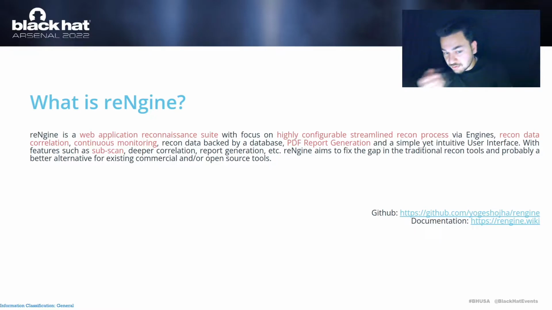And now over time, as we developed, we have brought in things like deeper correlations. We can tell you the similar subdomains. I also forgot to mention that we have probably one of the really interesting features: searching over the reconnaissance data. In the past, with this reconnaissance data, if you're not really good at grepping, it's very difficult to find out which of these subdomains have port number 80